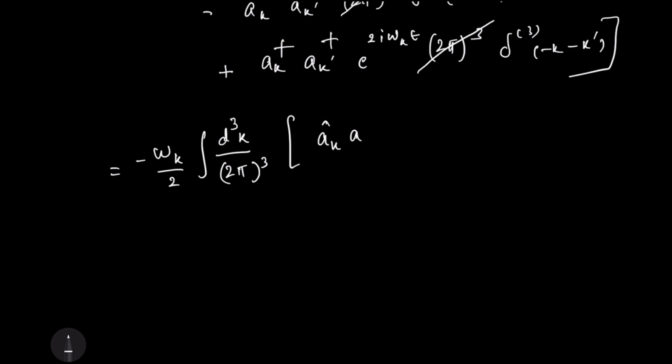So here instead of k prime I can write minus k. So a_k a_minus k e raised to minus 2 i omega k t, minus a_k